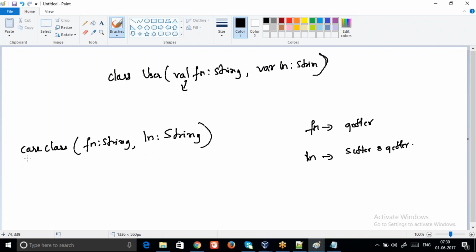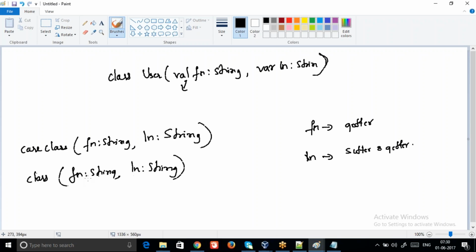So when we say case class, the getter method is automatically created. That's the difference. When we just say class with fn string, ln string, when you just say class,